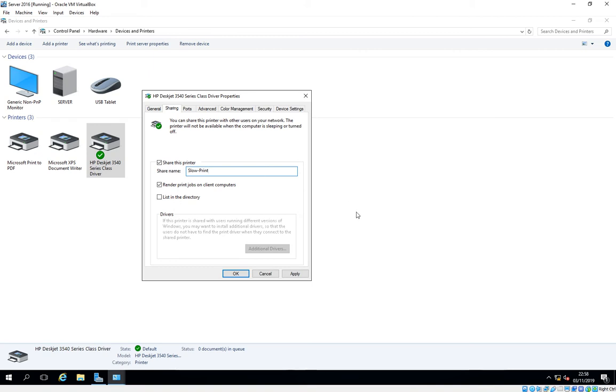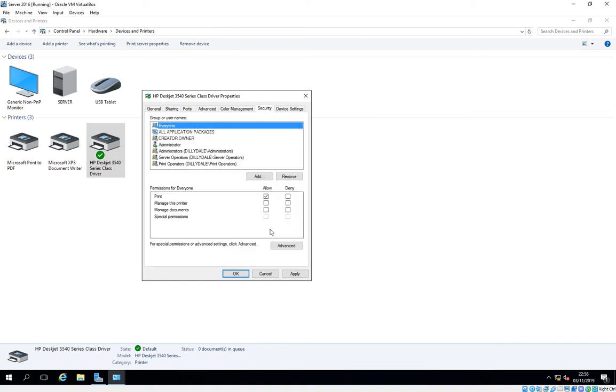And we will choose the option to list it in the directory, which means it will show up in Active Directory there. The reason we've called it slow print is we're going to restrict access to this printer to only a group of people, and we're going to share it a second time with some different settings for a second group of people. So we'll head across to security,